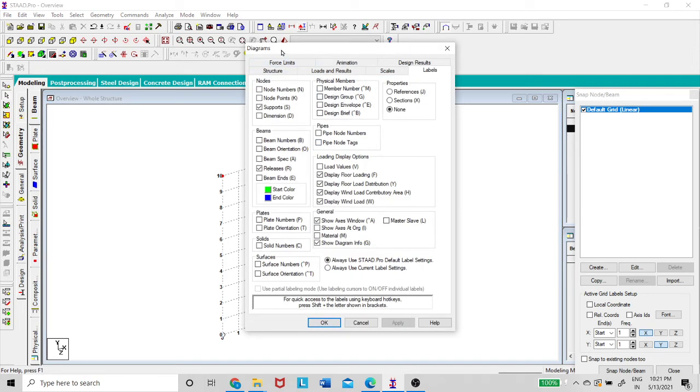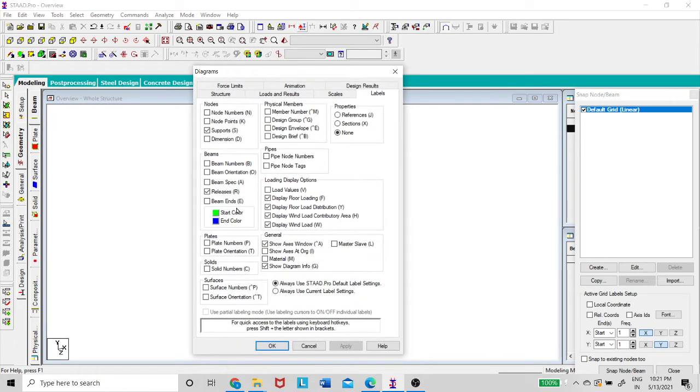And this one is for the notations, what are the node numbering if you want, and node points if you want, what are the number points there. Okay, and what are the member numbers. I will explain these things.